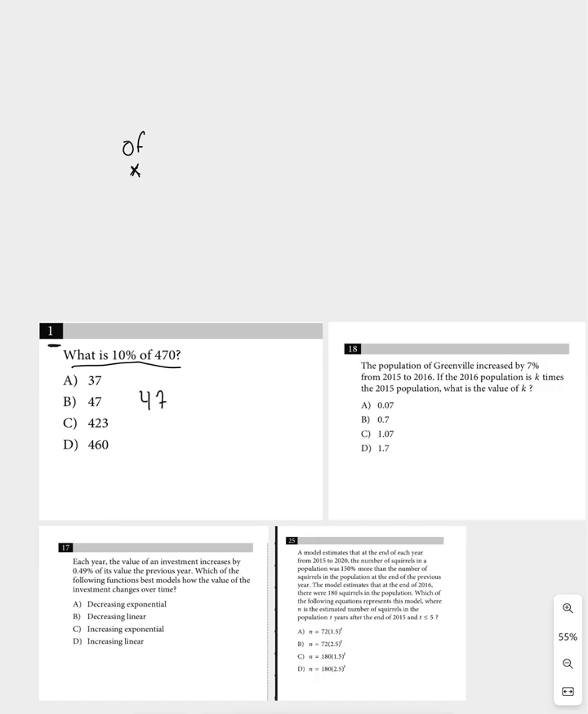Now when you multiply by a percentage, you have to change to decimal format, so it'll be 0.10, and this will give you 47. Although it's a simple question, if you don't know the wording and what to do, it can be confusing. Now another type of question is percent